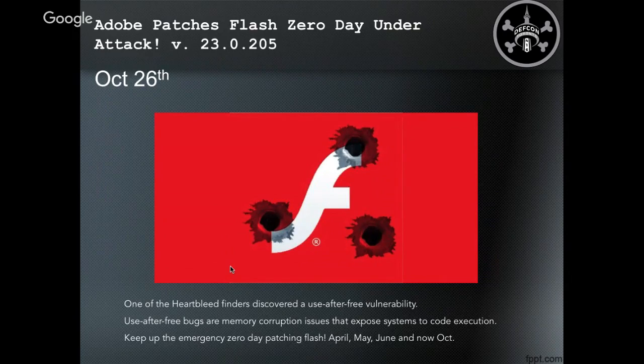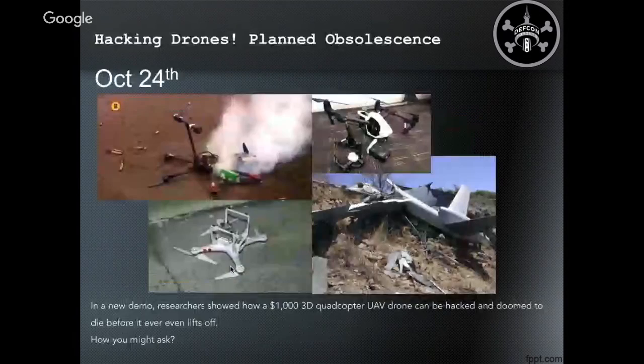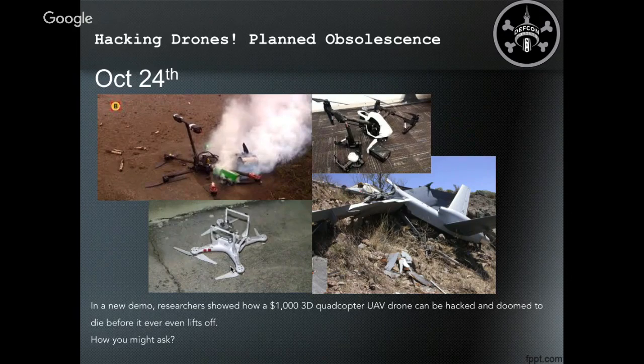Next, this one's actually really near and dear to my heart because my background's in mechanical engineering and I studied planned obsolescence. So there's a new way to hack drones these days. Drones are now being built with 3D printers. So if I crash my $1,000 drone, I can then 3D print the propeller again and just take off and be a happy kid. But nowadays, people are actually finding these STL files, the 3ds Max files, the